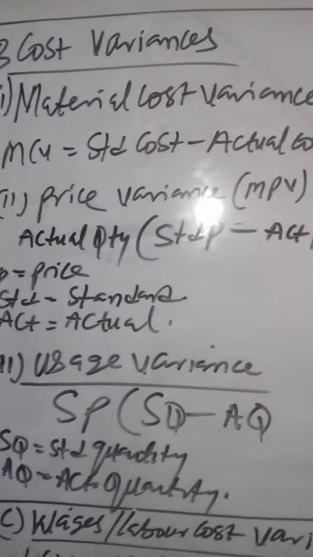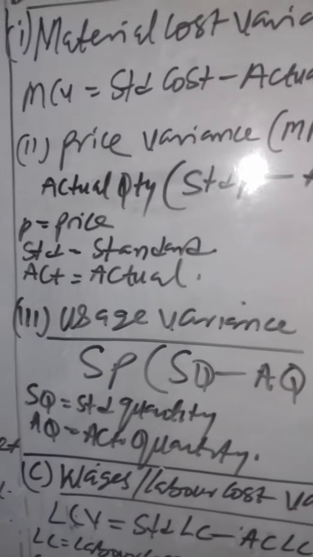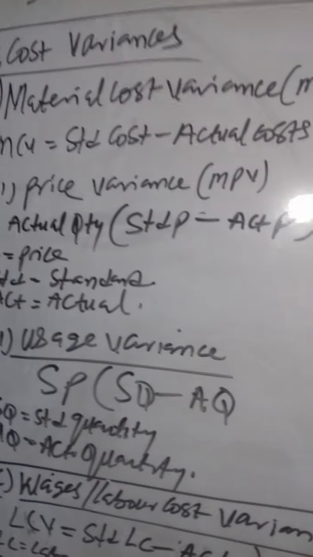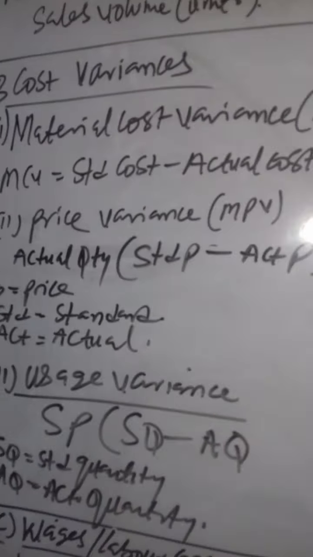Now, the second part is cost variance. And this cost variance is divided into material costs, labor costs, and then overhead. Now let's look at material cost. Material cost variance is simply